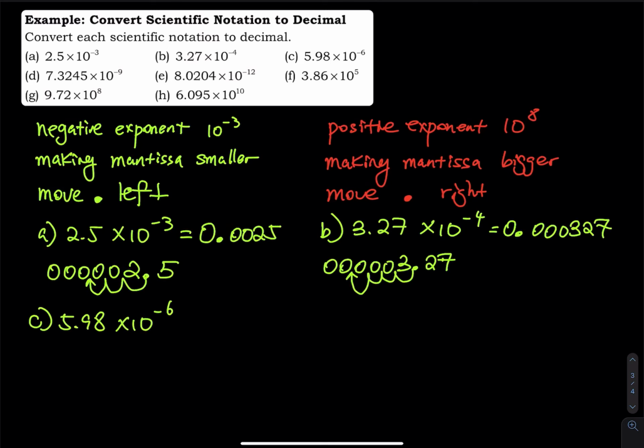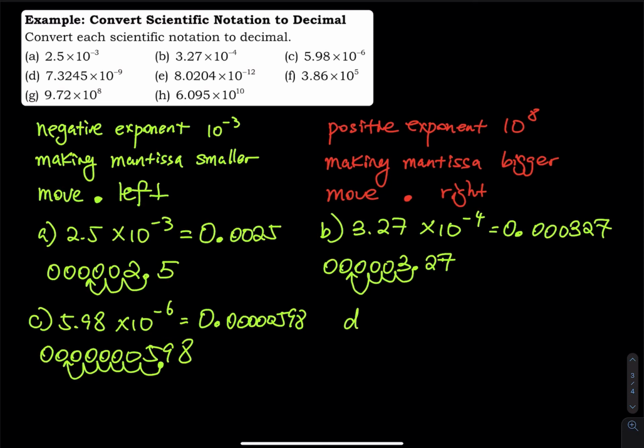So making the mantissa smaller. Prepare the zeros first. And then 598, here is the decimal point, 6 steps, 1, 2, 3, 4, 5, 6. So that is 0.00000598. And then D, we have